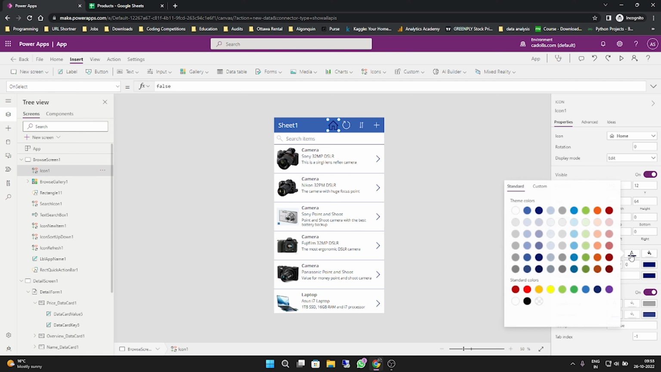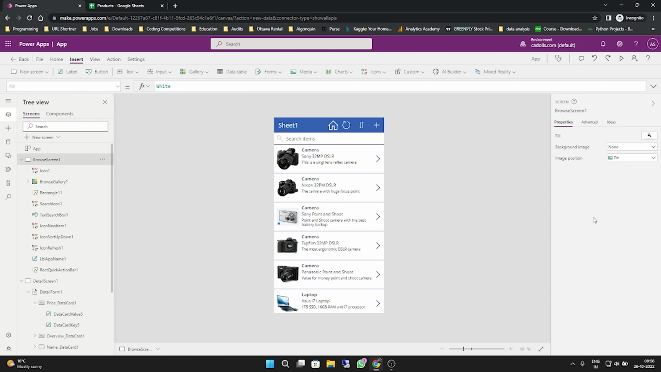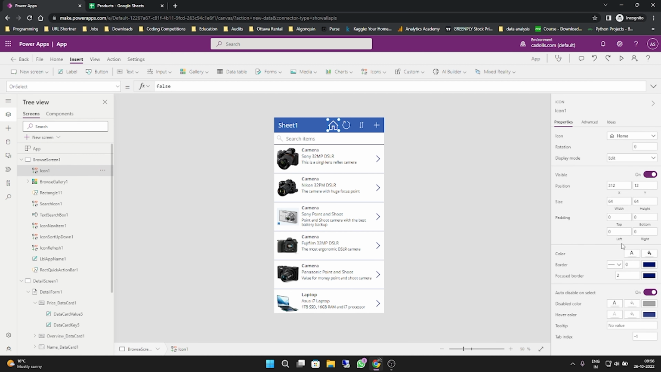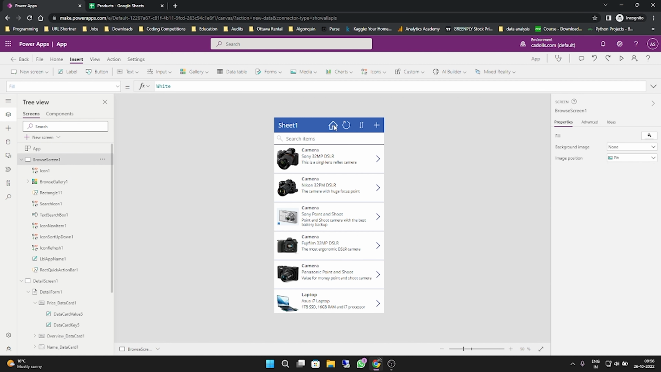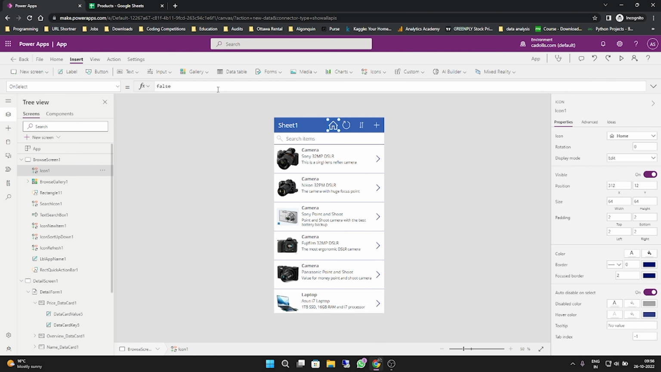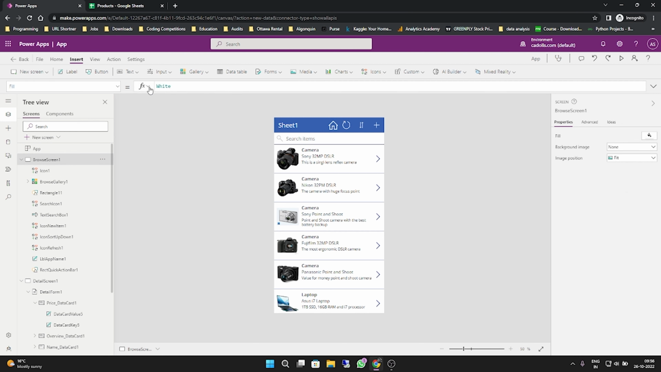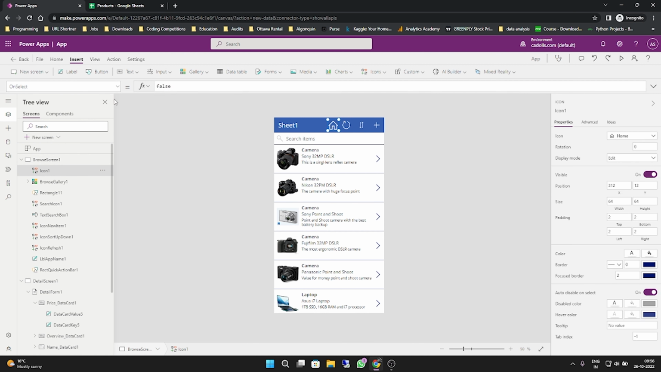I will change its color to match my other icons, which is white in my case, and probably I'll give it a little bit of padding. Now this is showing up properly. Now what I want is when someone clicks on this icon, it should open a new page in a browser. So how I can do this is make sure that you are on the OnSelect property, and then